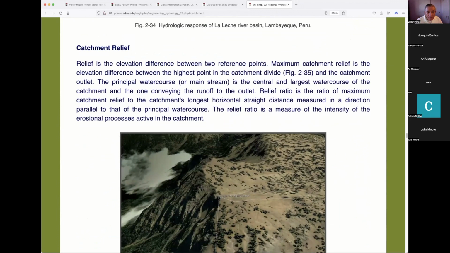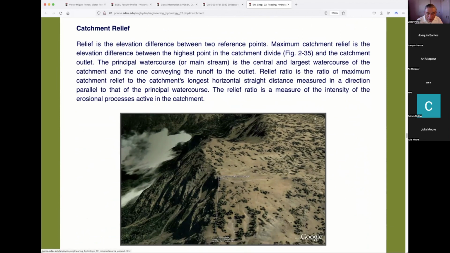Relief is the elevation between two reference points. Maximum catchment relief is the elevation difference between the highest point in the catchment and the catchment outlet. The principal watercourse is the central and largest watercourse of the catchment and the one conveying the runoff to the outlet. So what I'm going to do right now is stop this and go back and show you a video that we